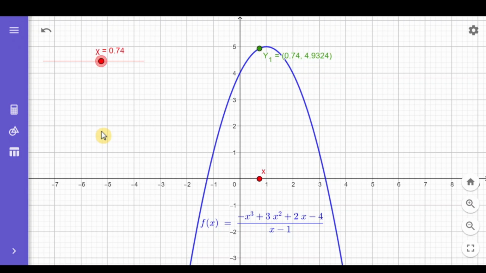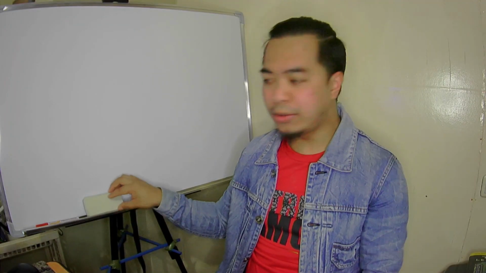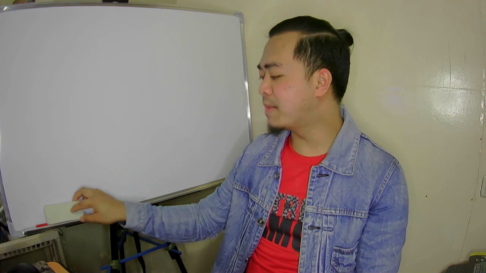Is it the same? Do we have the same observation with the other one when x are coming from the right of 1? Anyone? Yes, po, sir. It's the same. Yes, sir. So, how do we write that idea mathematically?